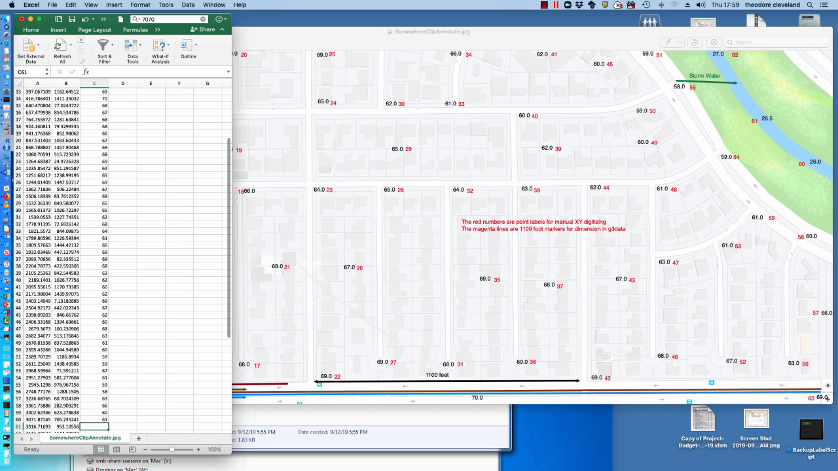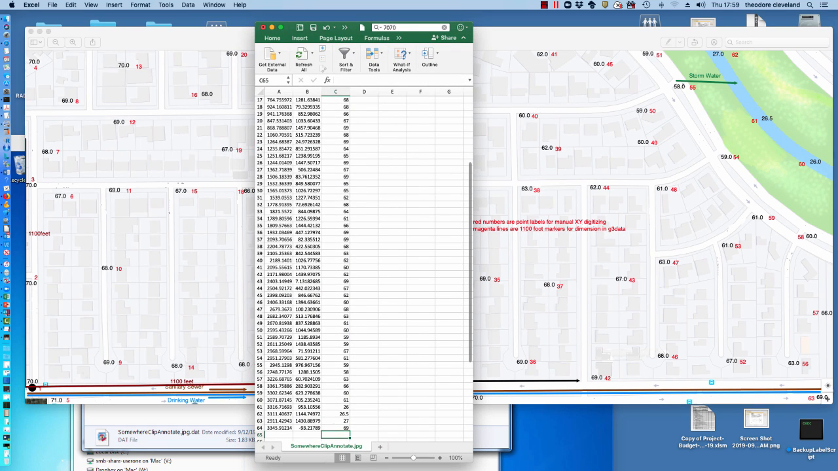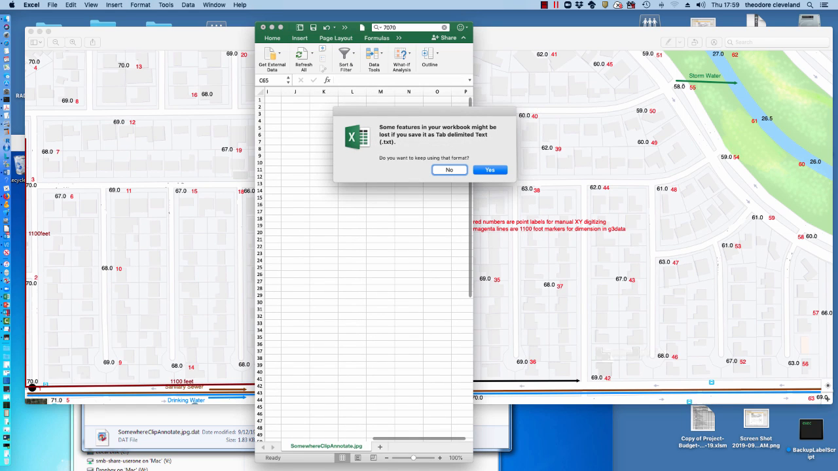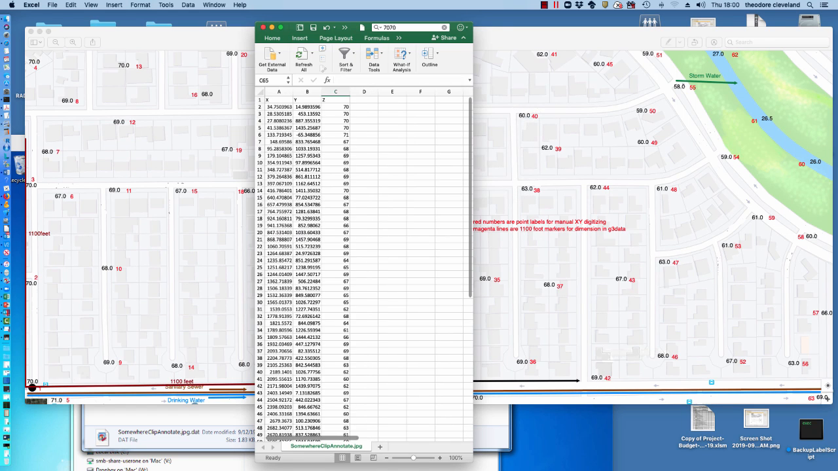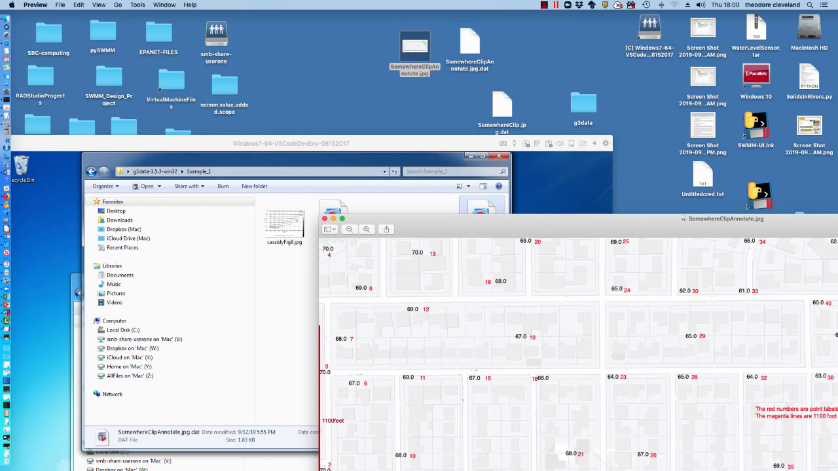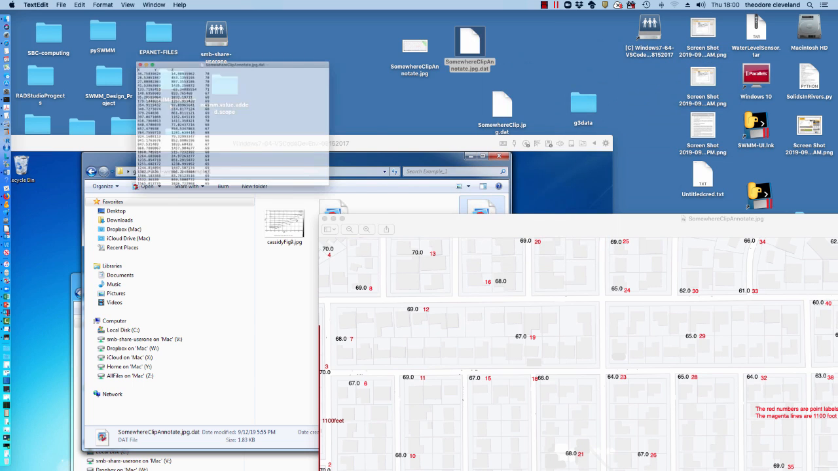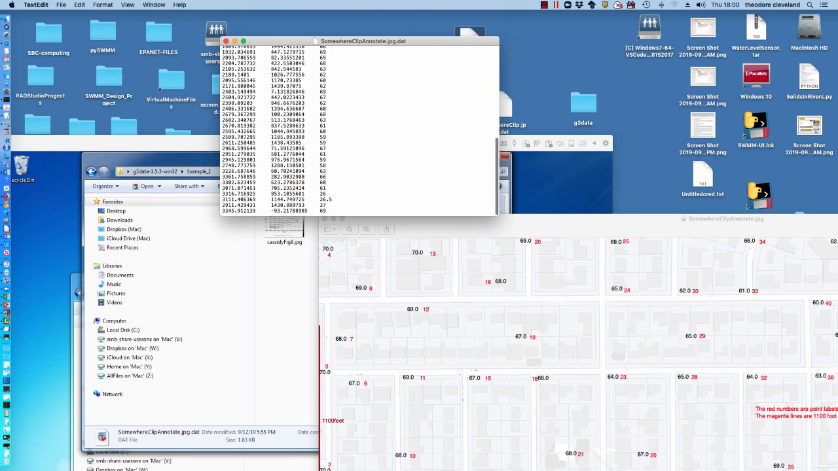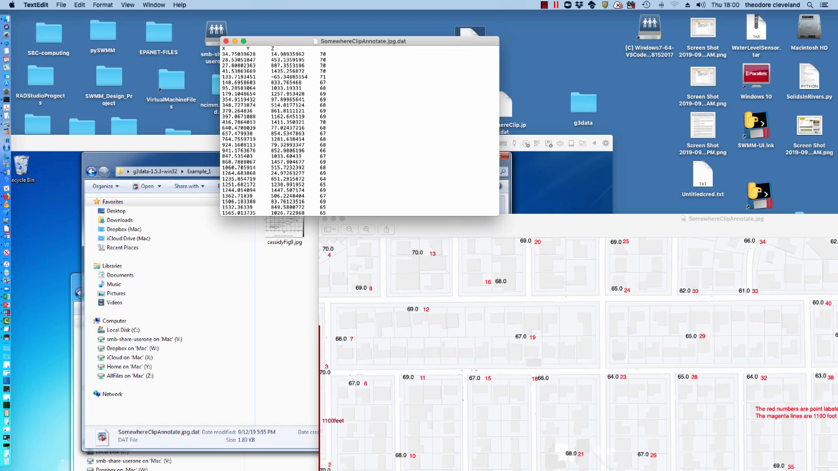52, 67, 53 is 61, 54, 59, 55 is 58, 56 is 63, 57 is 66, 58 is 60, 59 is 61, 60 is 26, 61 is 26.5, 62 is 27, and 63 is 69, and bingo,